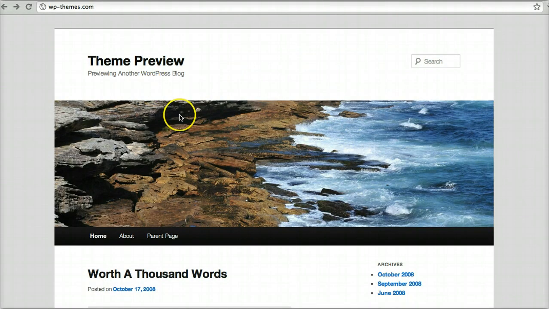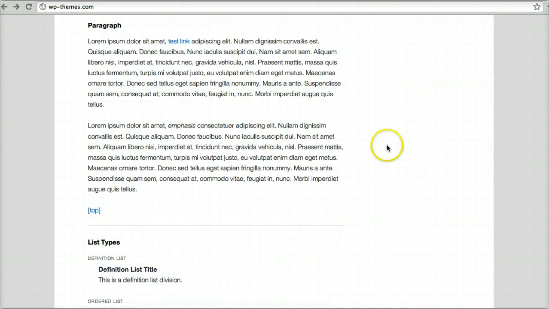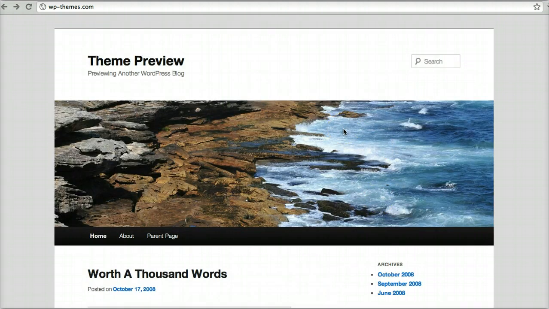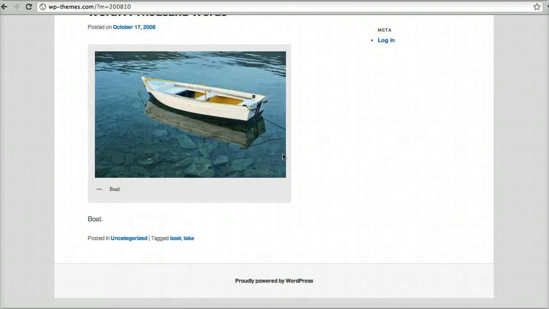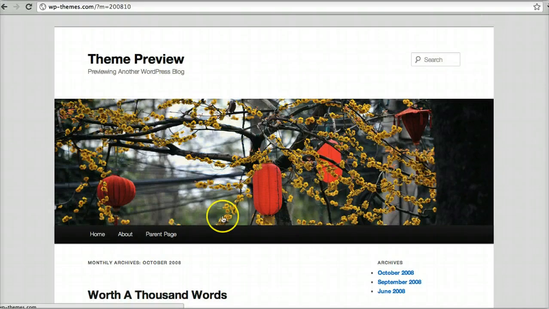I'm on the front page of the 2011 theme, which is the default theme that comes with all new installations of WordPress. It's built by Automatic and it's part of the mothership, if you like, of WordPress. I think it's quite telling that there is no archives template with this theme. There are archives built into it, and you can see here on the side, if we click on October, we get a list of posts from that month. But we don't have a template to organize archives. And I think this is a general rule across most WordPress themes. Not all, but many. I think the majority.